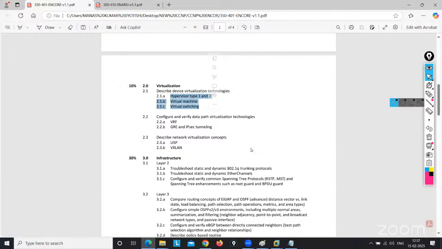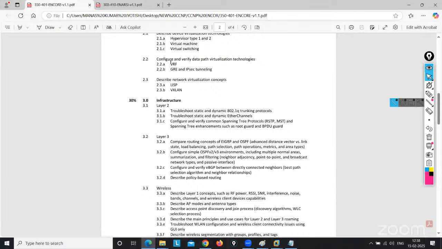So you need to explain to them. You need to do the teaming, you need to do the virtual switch, you need to create all the teaming in the virtual switch. These things I will let you know. Okay, virtual switch is there, VM is there, what is hypervisor 1 and 2. And VRF is there. And the GRE and IPsec tunnel. Here I need to cover in the Anchor class. Also MGRE is there. It is not written in the syllabus, but MGRE also needs to be covered.